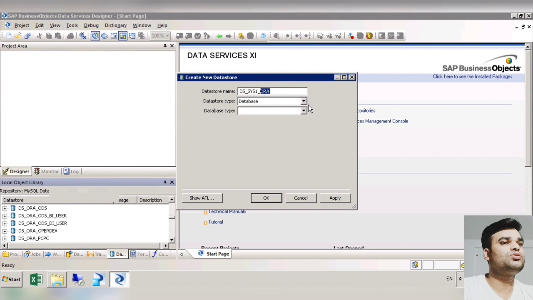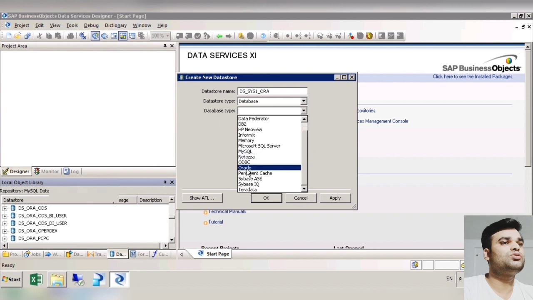Here the second option is database type. It could be a database, or you can directly connect to some SAP applications, SAP BW, or if you want a source or target, that we can define here. If you have a relational database, obviously you will choose database, but we have some other options. Though most of the time we use database, sometimes we use application, and other types of connections are also available in the tool which can be used if needed. Let me try database only this time.